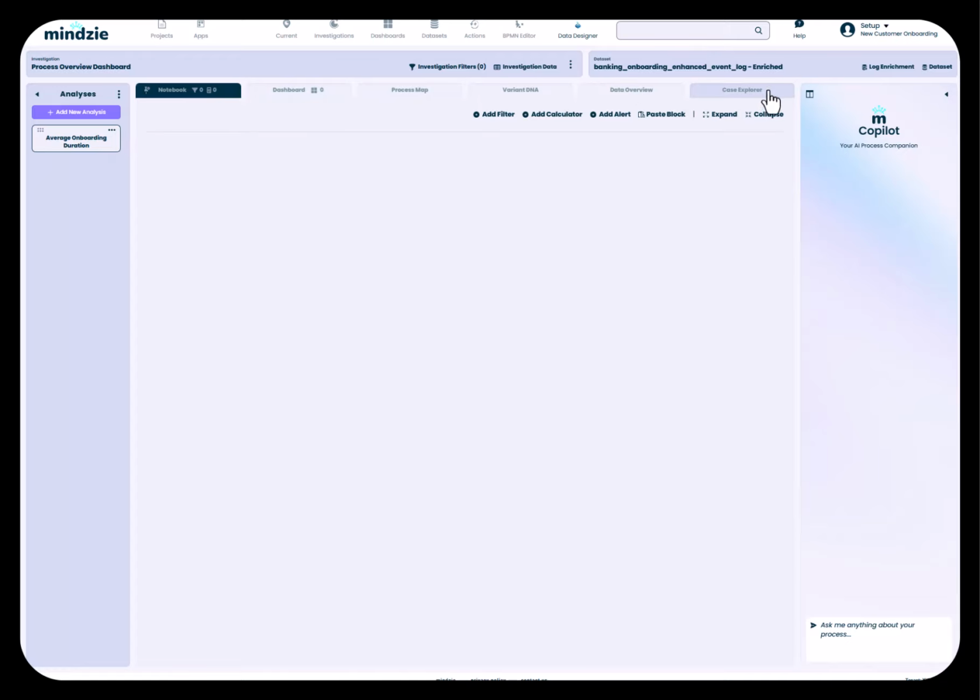So the ability to use Mindzie's low-code, no-code notebooks to create the metrics I want. We can populate them out to a local dashboard on this particular analysis, and we'll show you that in a second. We can also view the process map, the variant DNA, data overview, and case explorer, as well as leverage Mindzie's AI Copilot, all contained within that particular notebook. So we'll start building out that notebook here in a second, but before we do, we're going to jump to